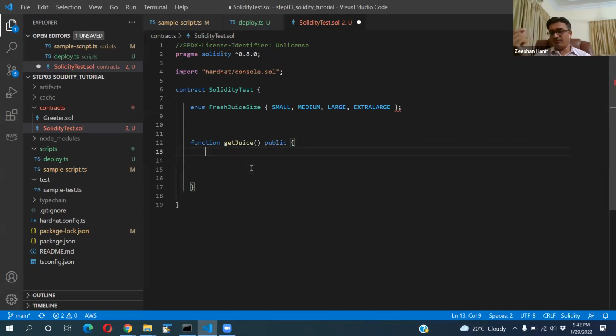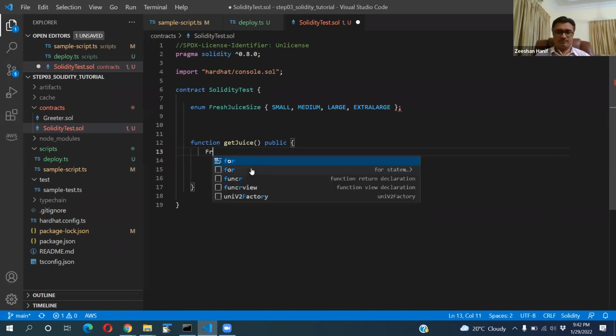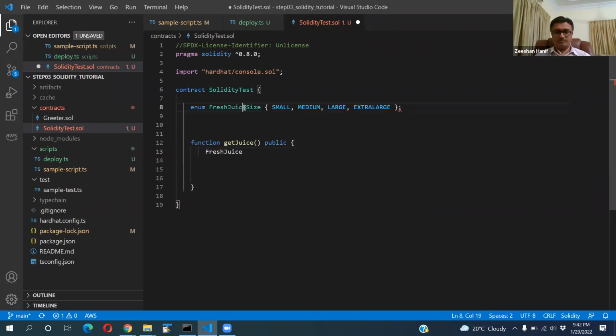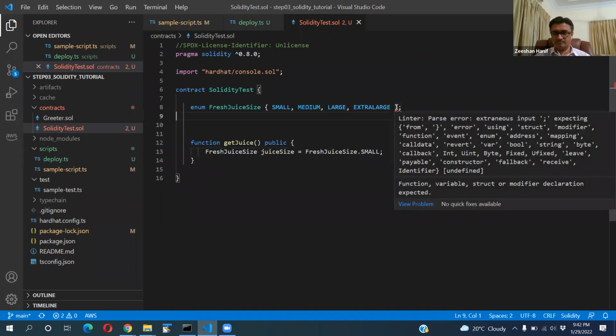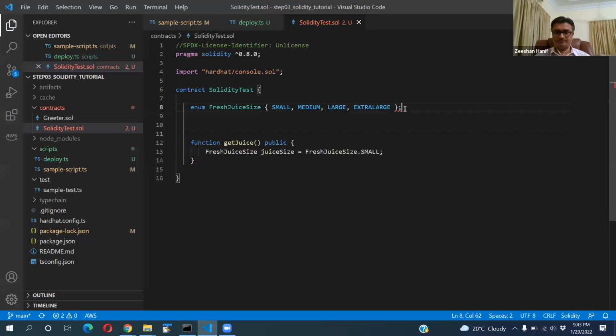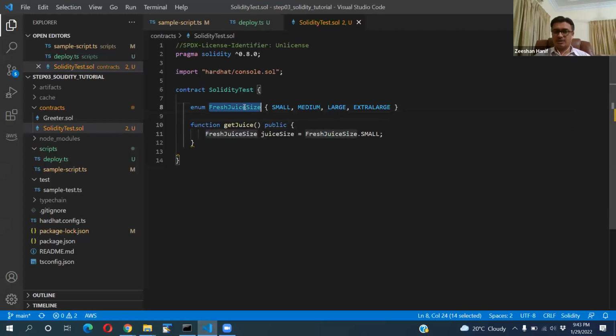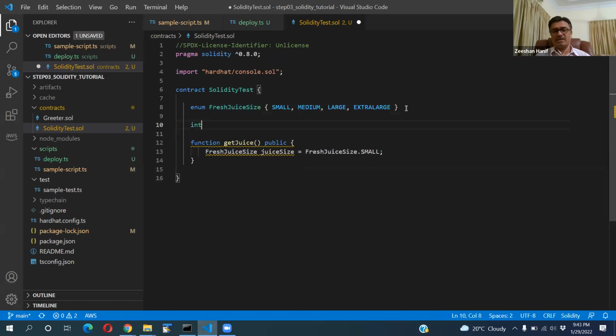To create the variable of enum type, what we can do is... So we have created a data type named fresh juice size, and when we wanted to create the value of it, so for us it is like int